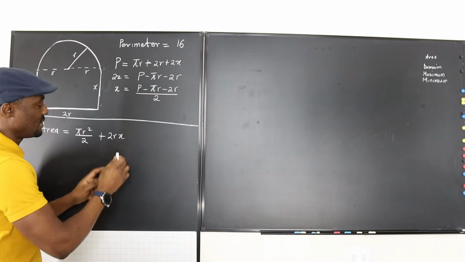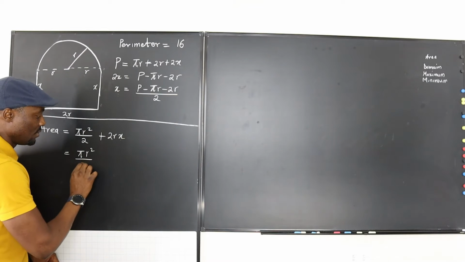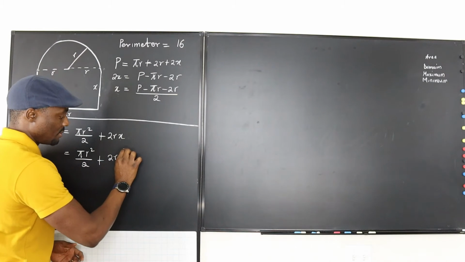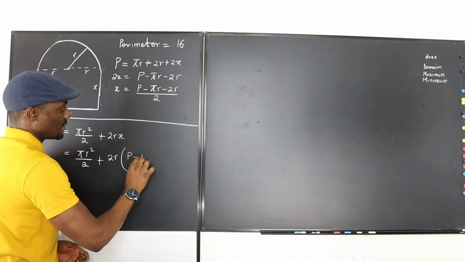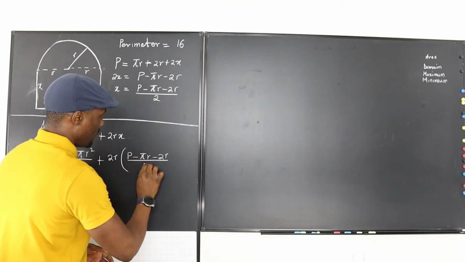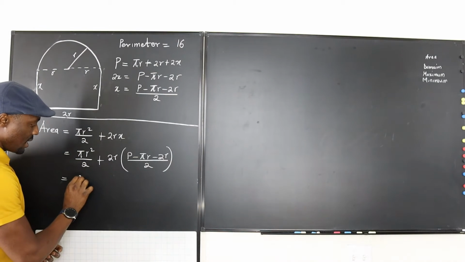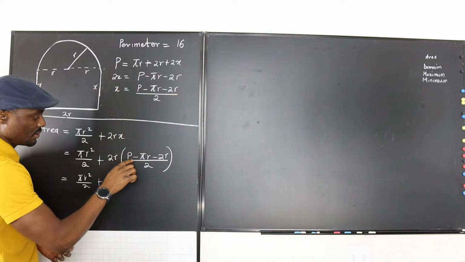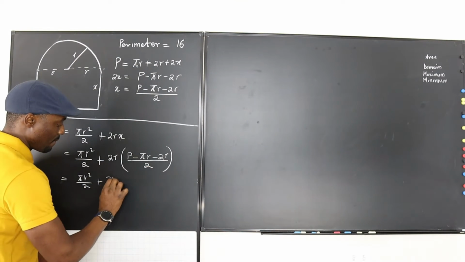So we're just going to replace this here, and we're going to get pi r squared over 2 plus, this is going to be 2r multiplied by this. So I'm going to write p minus pi r minus 2r over 2. Let's open this up. This is going to be pi r squared over 2 plus, if you multiply this in and just leave this, this is going to be 2